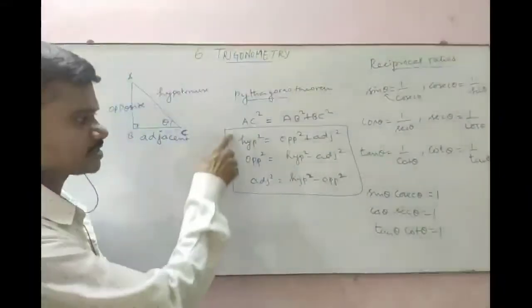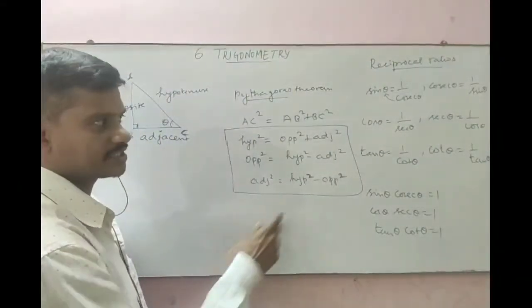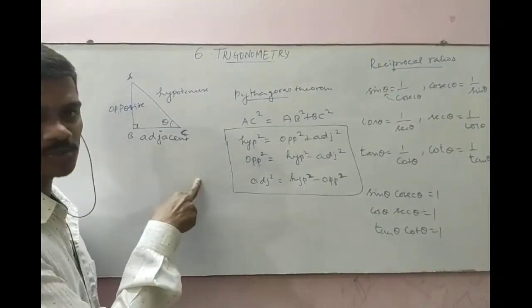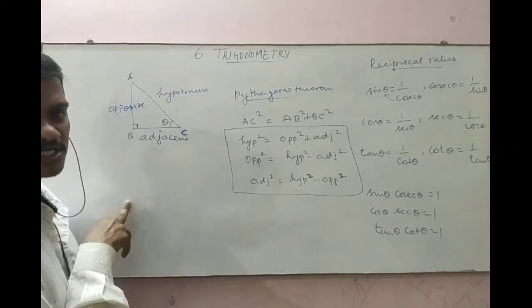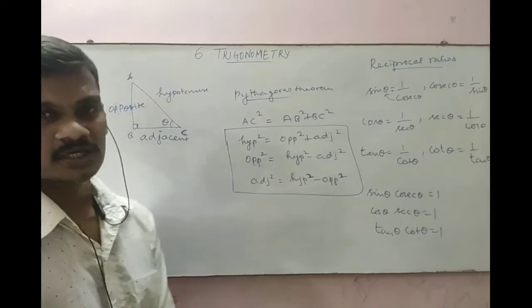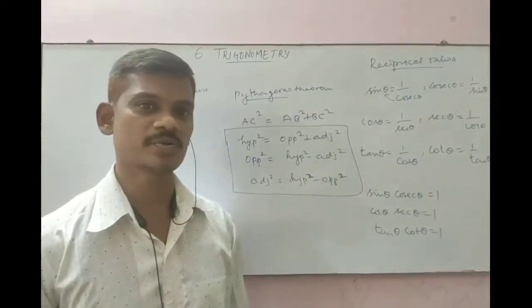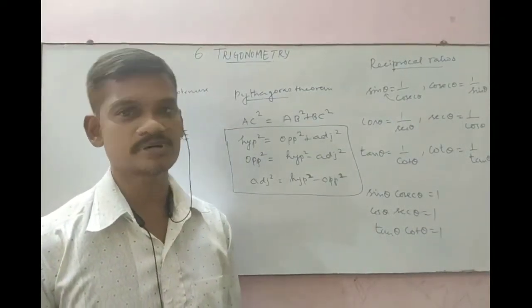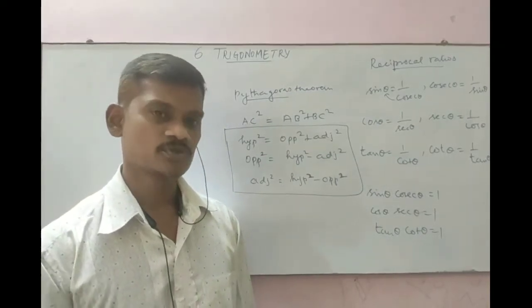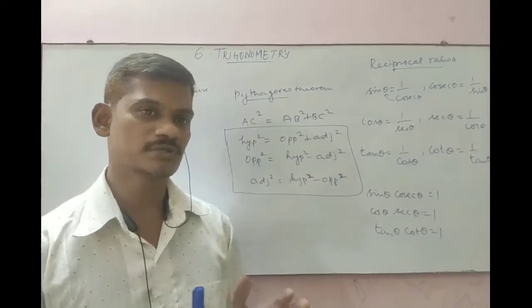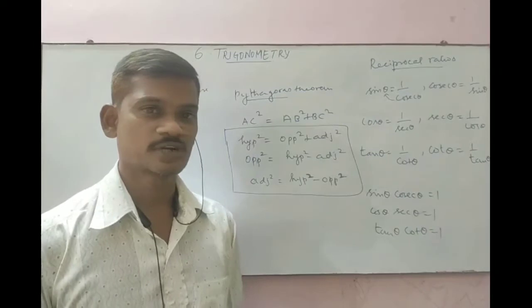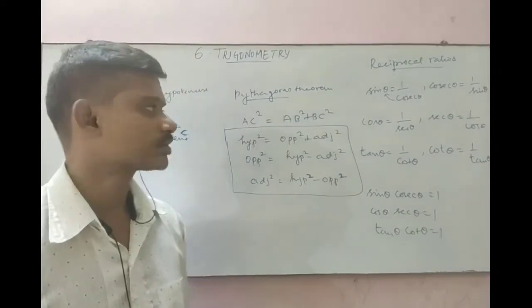Okay, you have to be thorough with these three formulas and the 6 trigonometric ratios which I have written at the end. Sin theta equal to opposite by hypotenuse, cos theta is equal to adjacent by hypotenuse, tan theta is equal to opposite by adjacent, cosecant theta is equal to hypotenuse by opposite, secant theta is equal to hypotenuse by adjacent, cot theta is equal to adjacent by opposite. So you have to be thorough with those formulae, then only it is easy for you to do the sums. So thorough பண்ணிட்டு அப்புறம் exercise work out பண்ணி பாருங்க.